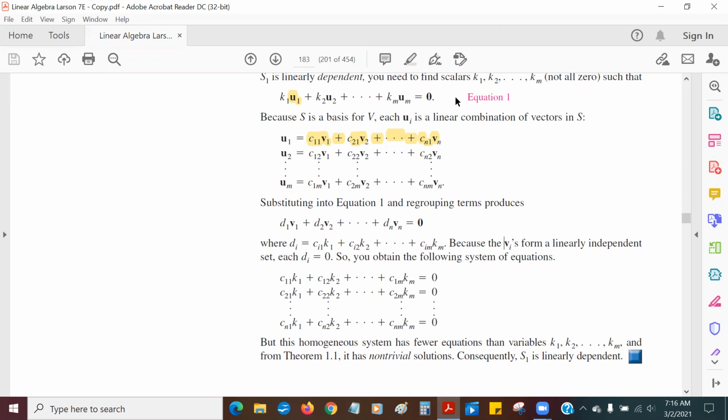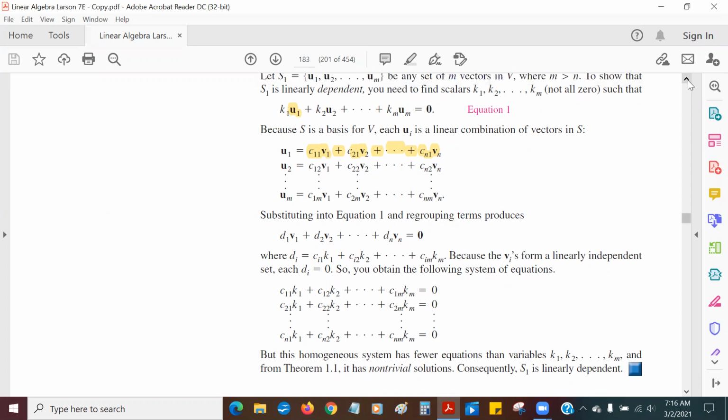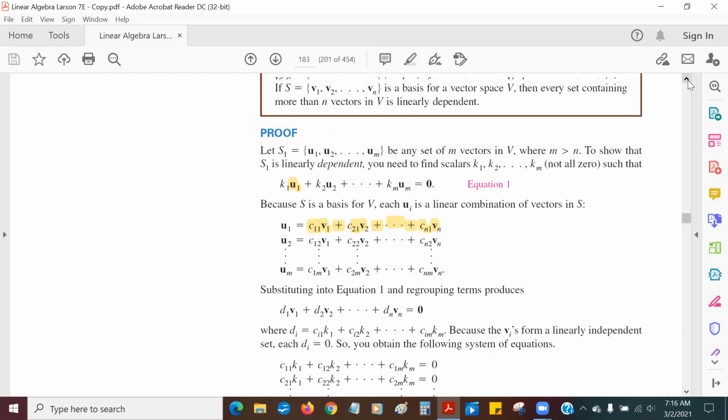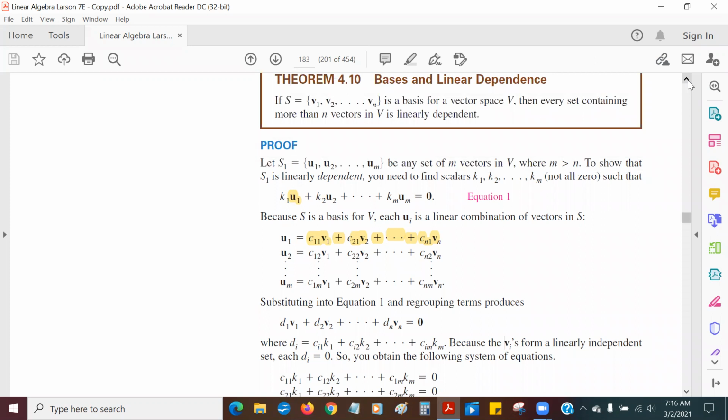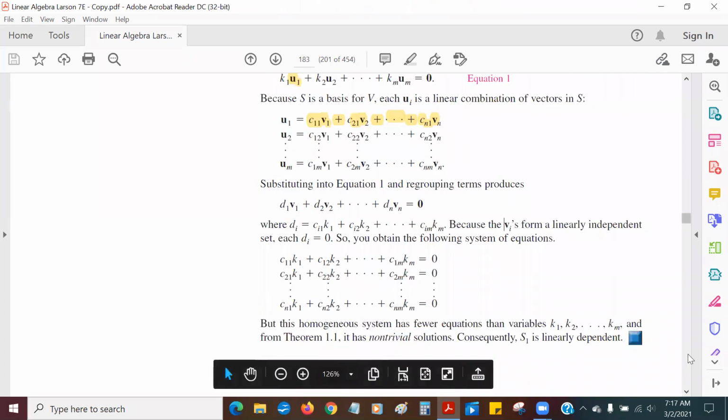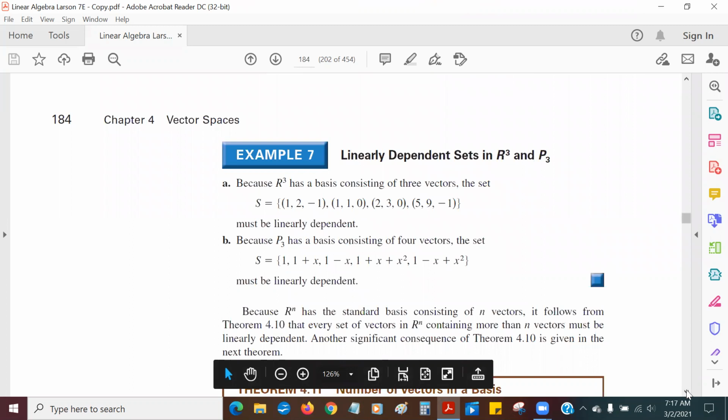So all I really used about the U's, I don't know what these vectors are. The only fact I really used is that there are more U's than V's, which is what we're trying to show. So we're saying that if I have any random set of vectors in the vector space which has more vectors than there are in the basis, then that set will be linearly dependent. So for example,